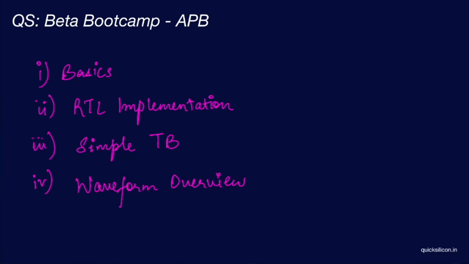So we'll spend the majority of our time writing the RTL and the test bench as well to verify the given problem statement. I'll explain what the problem statement is for this particular APB protocol during the basics itself. And then finally, we will look into the waveform as well to judge whether our RTL is behaving correctly, and whatever we had discussed about the protocol, we can actually see in the implemented RTL and the test bench too.